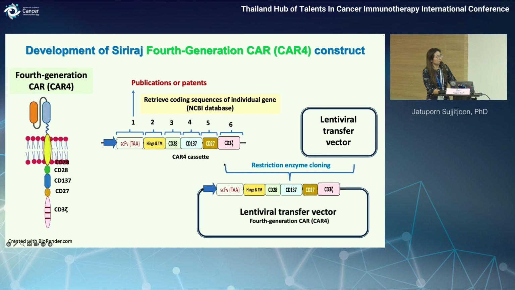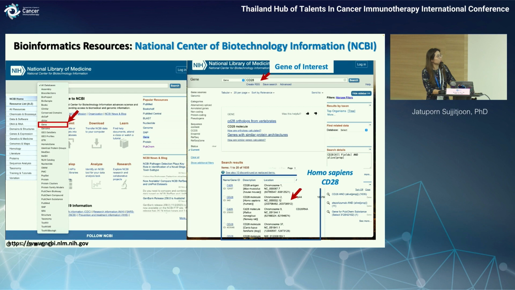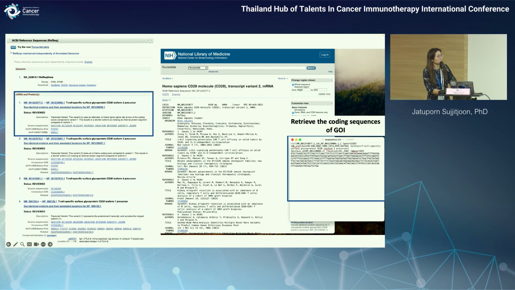I will give an example, a very easy way to retrieve the gene coding sequence that you want when you put in the gene fragment. You just retrieve the sequence of the gene that you want from the database and select only the region that you are interested in. And when you retrieve the coding regions of the gene,